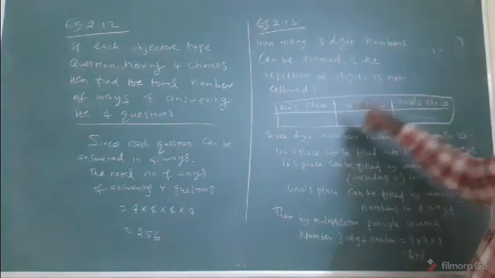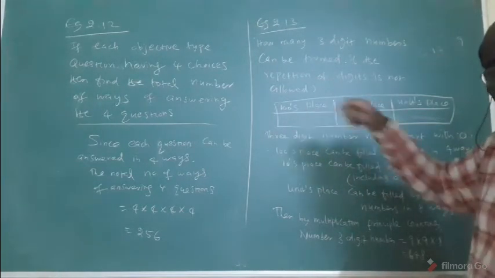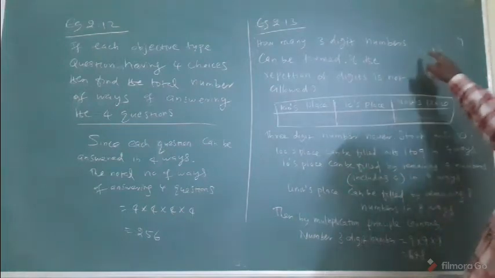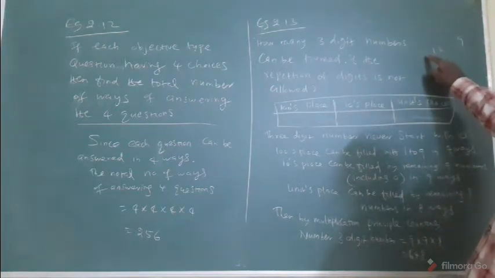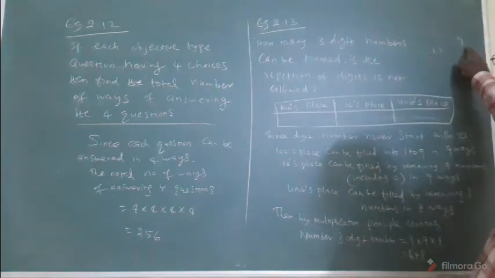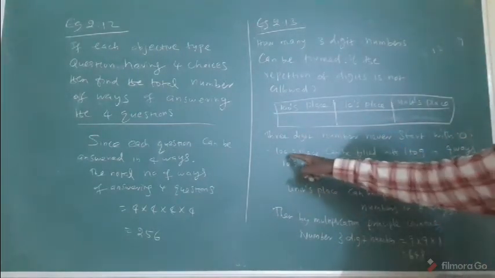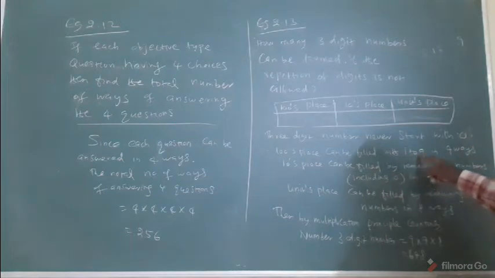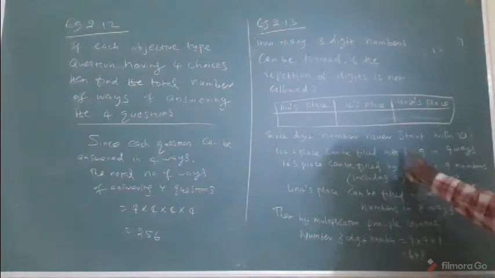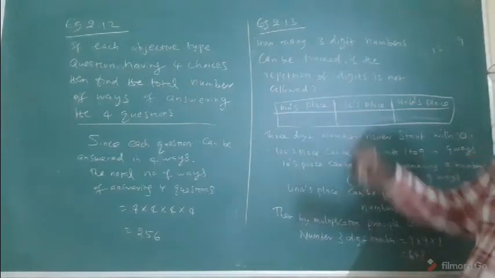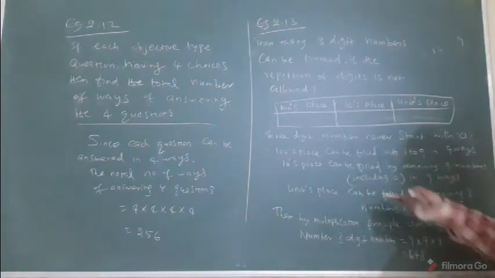What are the numbers? 9 numbers. You will put any one of the numbers. Am I right? Except 0, we have 9 numbers, 1 to 9. You will put any one of the numbers. That means 9 ways. The 100th place can be filled with 1 to 9 in 9 ways. We exclude 0. That's important, because the first digit is never 0. That's why 9 ways.